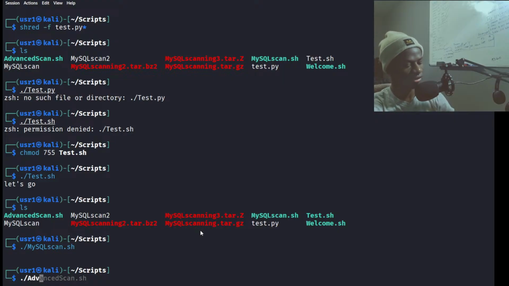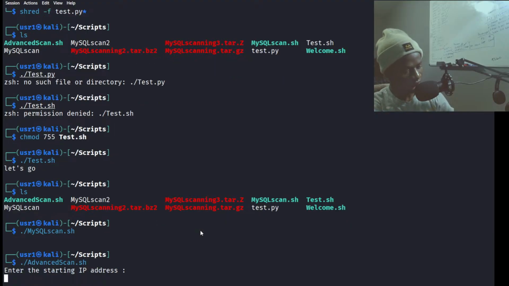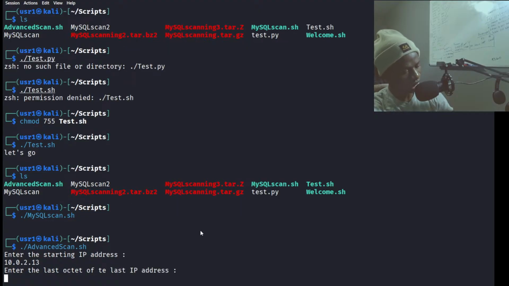So advanced_scan.sh. Enter the starting IP. Enter the last octet. Oh my god, I do not know.